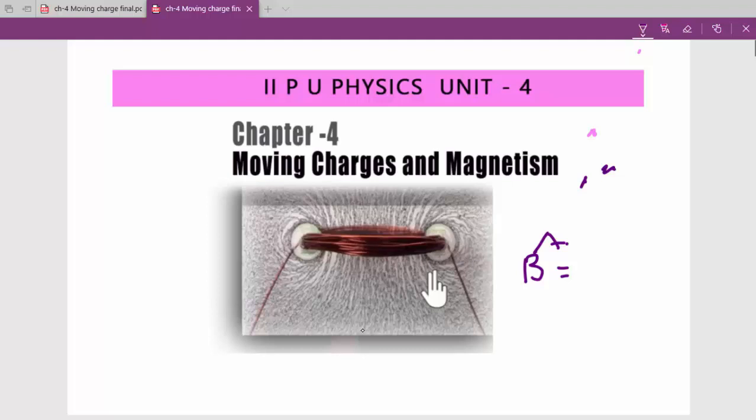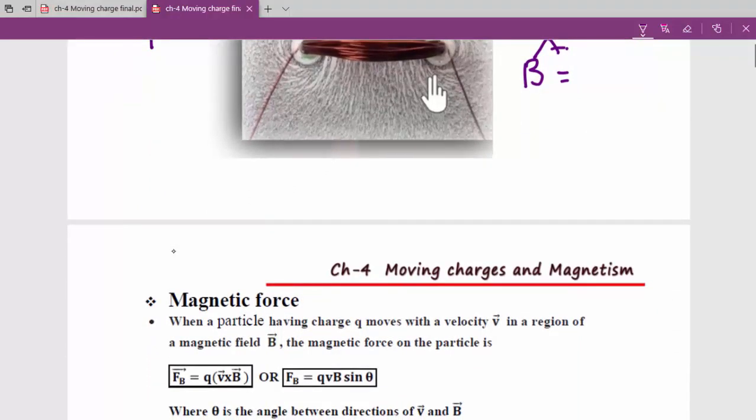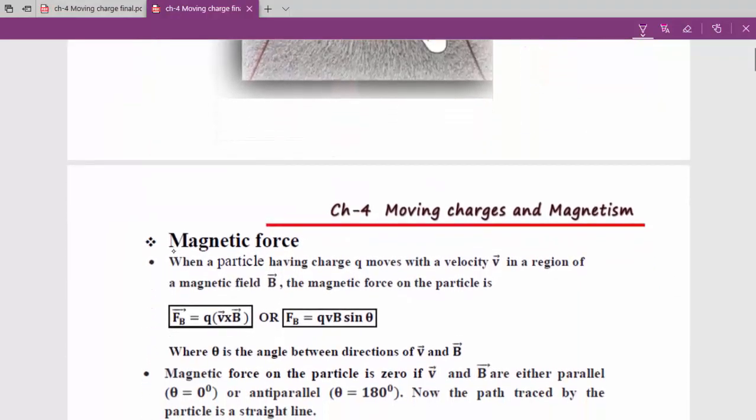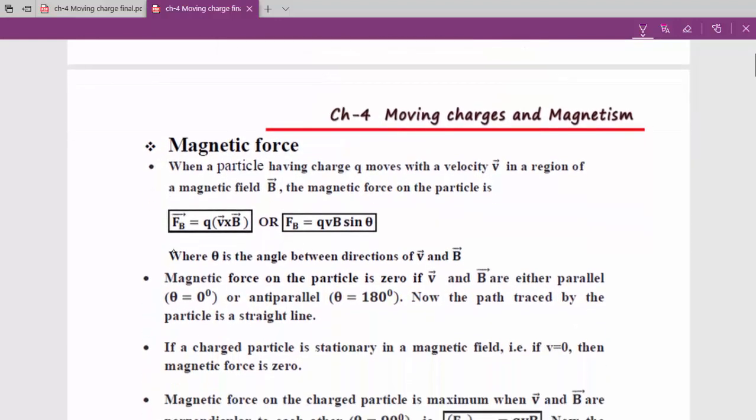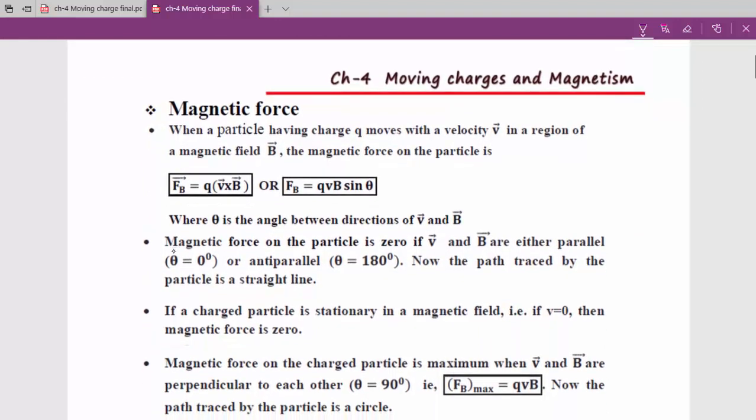Let us go for the first part. Okay, see here, first part, that is magnetic force. Magnetic force on a charged particle. You know that a charged particle, when placed in a magnetic field, experiences a force that is called magnetic force. Means it should move, not at rest. Okay, when a charged particle is moving in a magnetic field, it experiences a force that is called magnetic force,